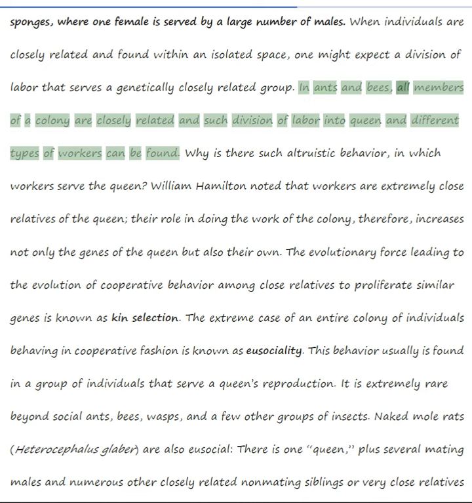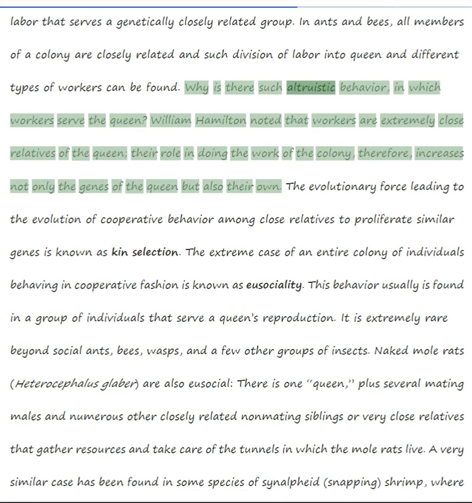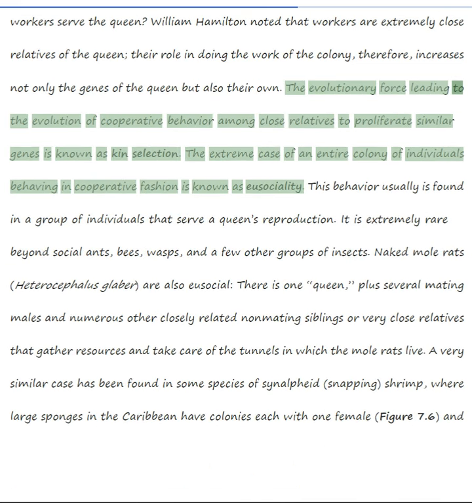In ants and bees, all members of a colony are closely related, and such division of labor into queen and different types of workers can be found. Why is there such altruistic behavior, in which workers serve the queen? William Hamilton noted that workers are extremely close relatives of the queen. Their role in doing the work of the colony, therefore, increases not only the genes of the queen but also their own. The evolutionary force leading to the evolution of cooperative behavior among close relatives to proliferate similar genes is